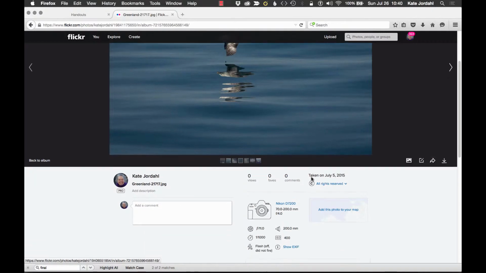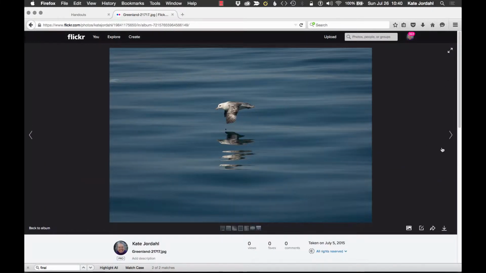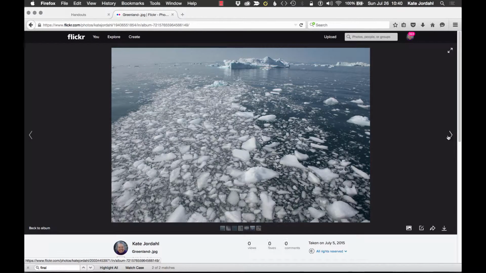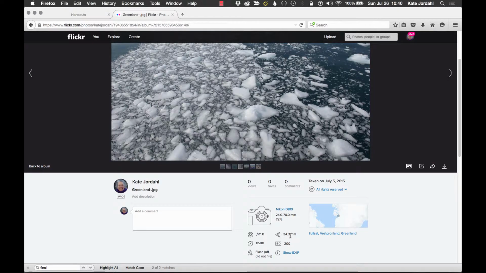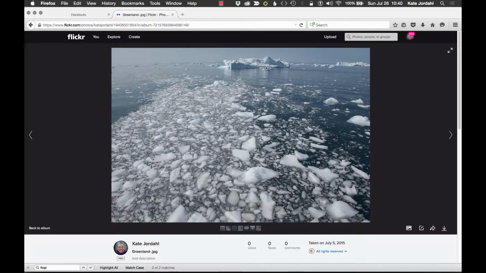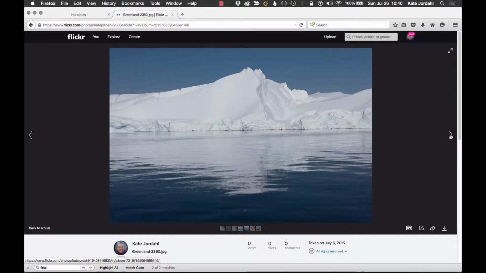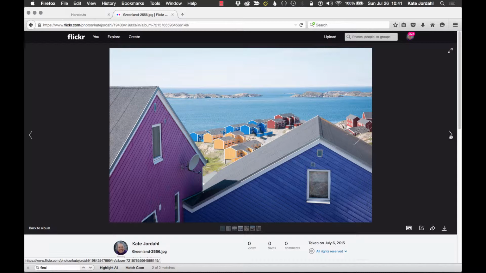could be about exposure. See, this one I used 1/1000th of a second to freeze the bird. And this one I could talk definitely about wide angle lenses. This is done with a 24 millimeter lens, and about foreground, middle ground, background. Here I could talk about reflections. I could talk about color. I could talk about the textures. Here's repeating shapes, color,